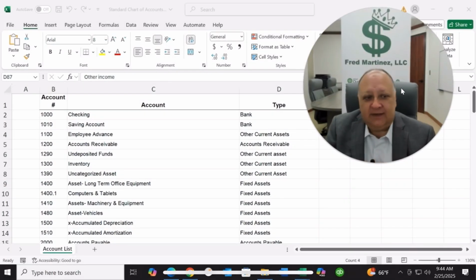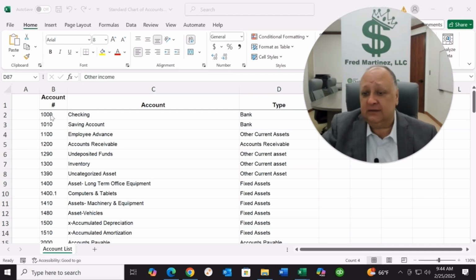In this week's Simplified, we're going to simplify the chart of accounts. So we're going to go through and use the chart of accounts because, for me, the chart of accounts is the foundation of bookkeeping and accounting. We start off with numbering the accounts because that makes it a little bit easier for me to